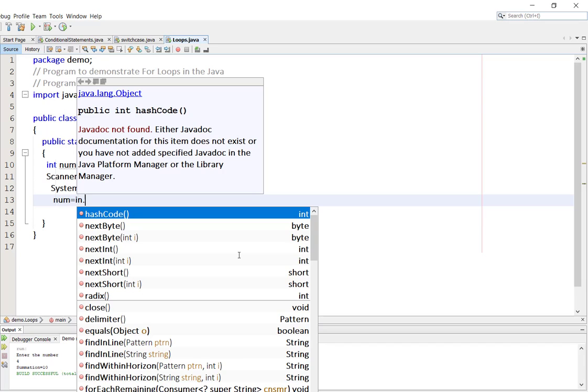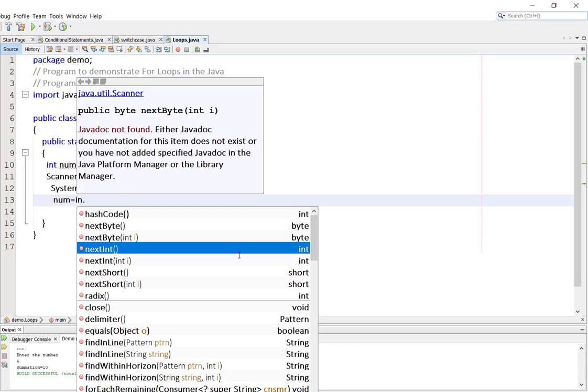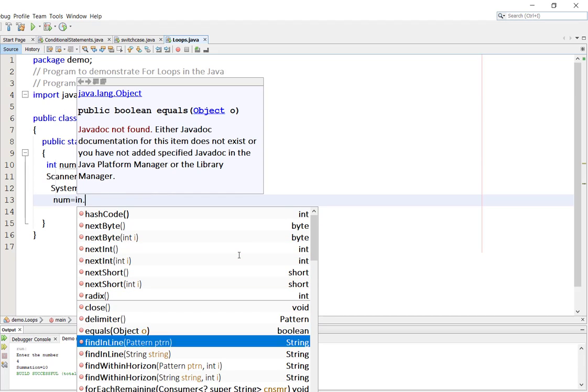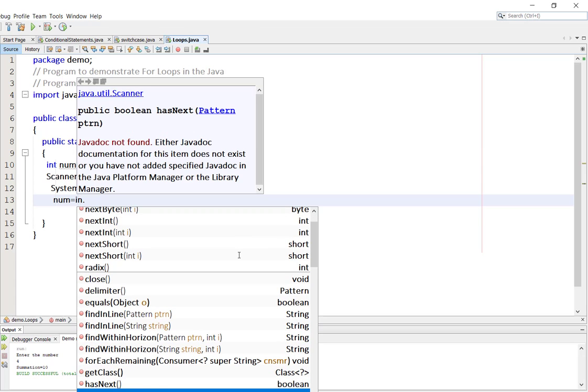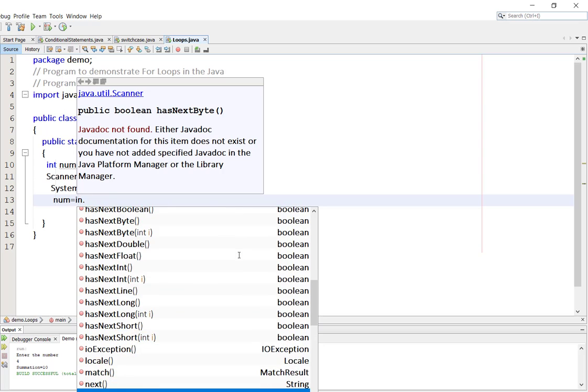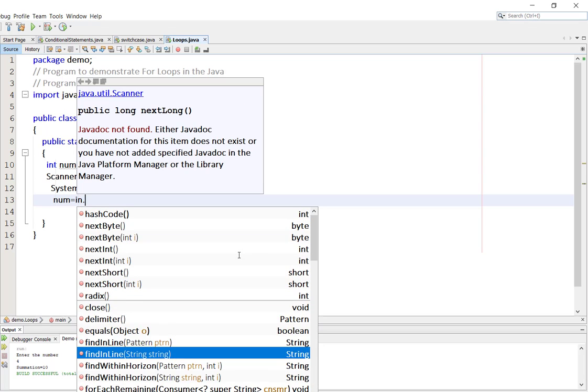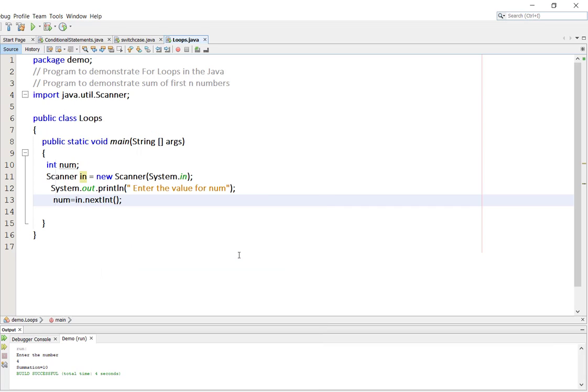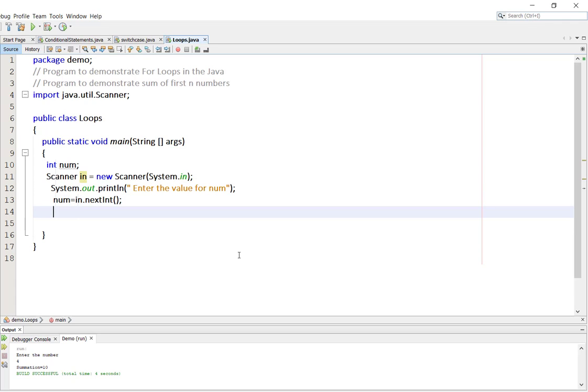There's hashCode, there is nextByte, there is nextShort, there is nextInt, there is equals, there is findInLine. There are many methods available with this, but today we are going to use nextInt. nextInt means take the integer from the console. After that we are going to use System.out.println, the summation